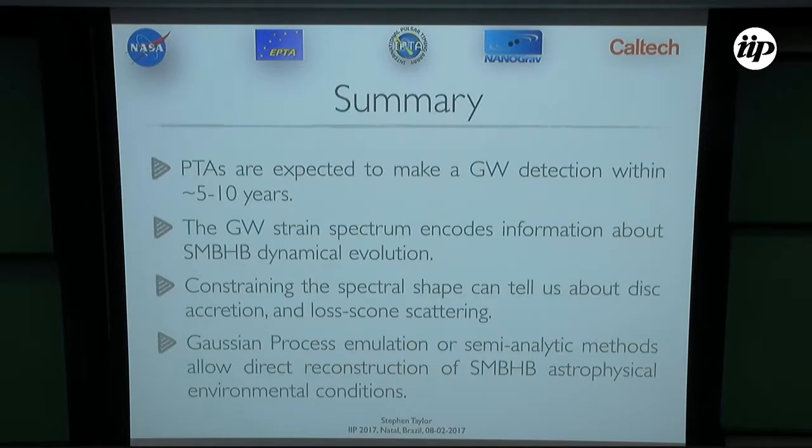So PTAs are expected to make a detection, probably of the stochastic gravitational wave background, within 5 to 10 years. And that's over a range of different predictions of the level of the background and different modeling scenarios for the astrophysical populations. And the shape of the gravitational wave spectrum in the nanohertz band, as well as the overall signal level, encodes information about the different types of processes that are contributing to the evolution of supermassive black